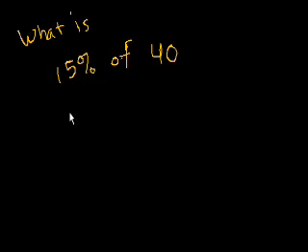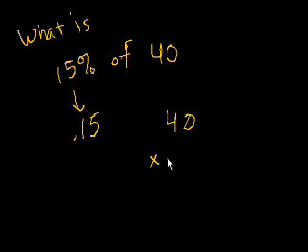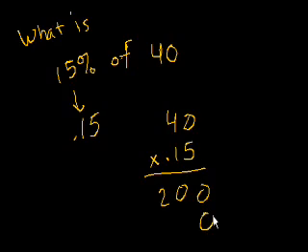So 15% as a decimal is 0.15. You learned that for the percent to decimal conversion video, hopefully. And we just multiply this times 40. So let's say 40 times 0.15. 5 times 0 is 0. 5 times 4 is 20. Put a 0 there. And then 1 times 0 is 0. 1 times 4 is 4. And you get